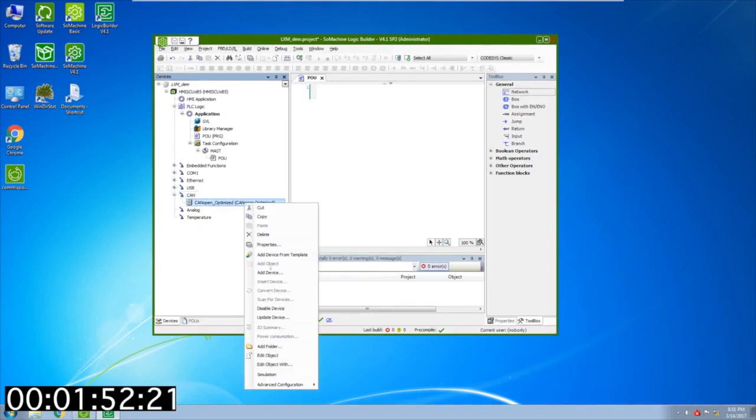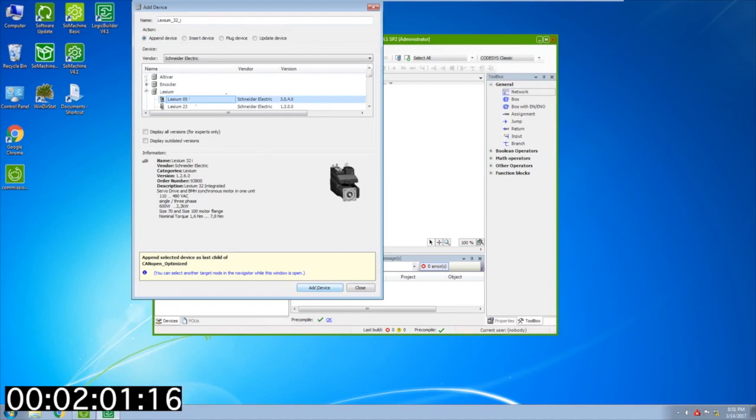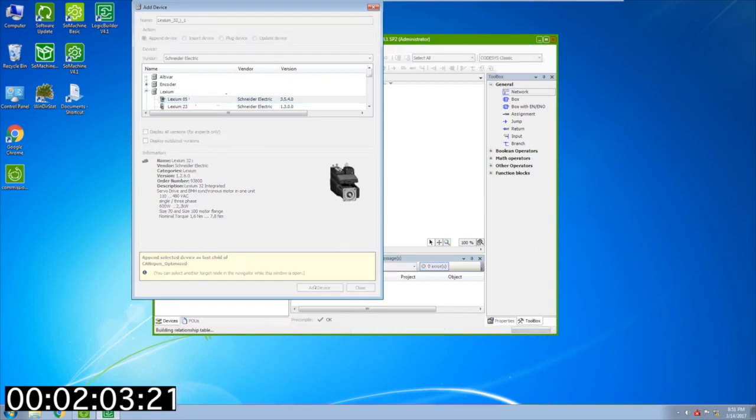If I right click here again, I can add a device. This is where I'm going to add my Lexium motor, in my case the Lexium drive, Lexium 32i, and hit add. This is going to bring in the motor. And then from here you can really begin programming. It's really as quick and easy as that to get started with